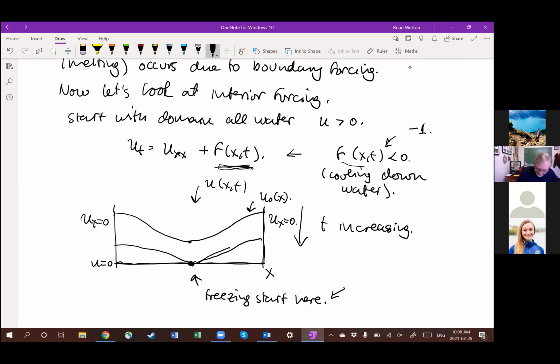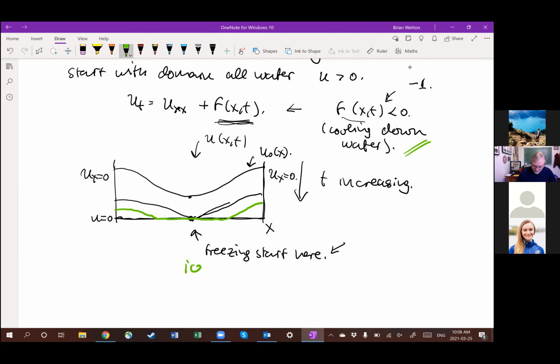Okay, and then let's look at a later time. I can use a different color. Here, I got this green one I don't use very much. Now, I'm not going to get below 0 temperature, because I have to cool down, I have to take heat away for it to freeze. So in fact, I'm going to get stuck at the 0 temperature. So I'm going to have some freezing starting here, and ice will form. But it won't be pure ice. There'll be a fraction of ice,